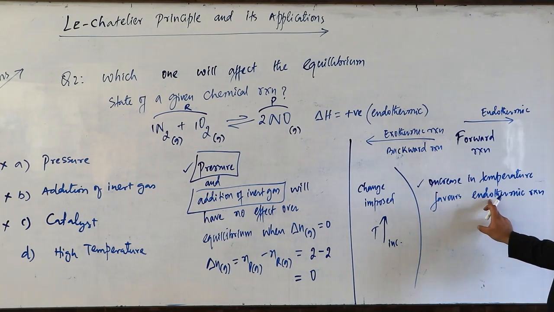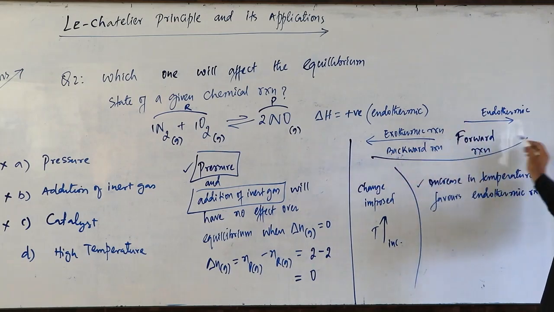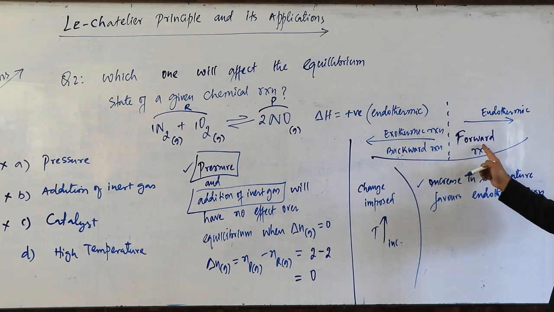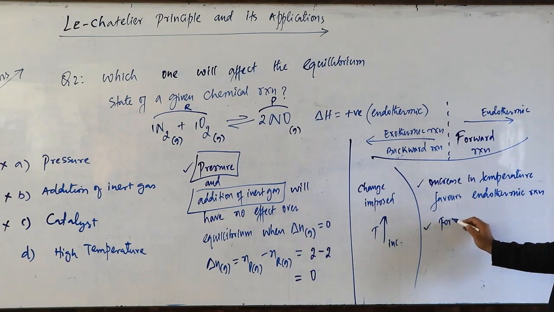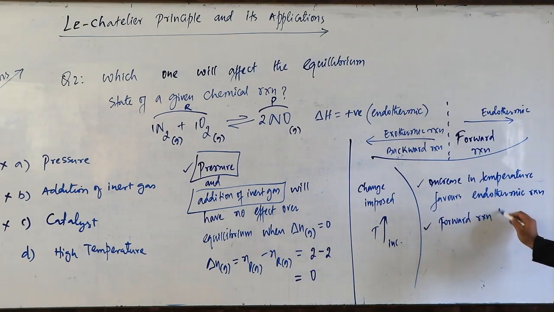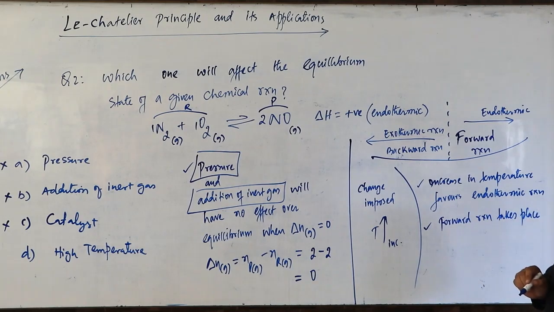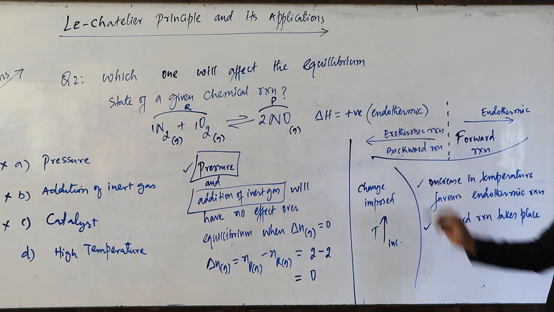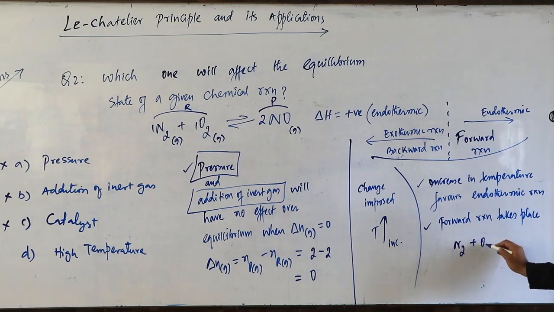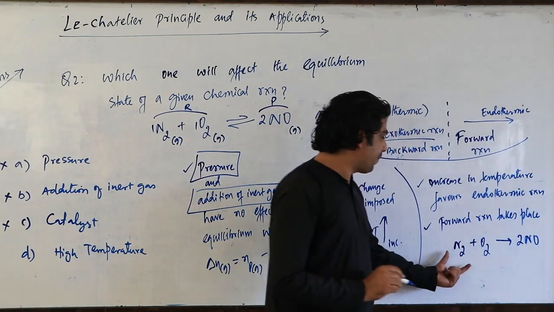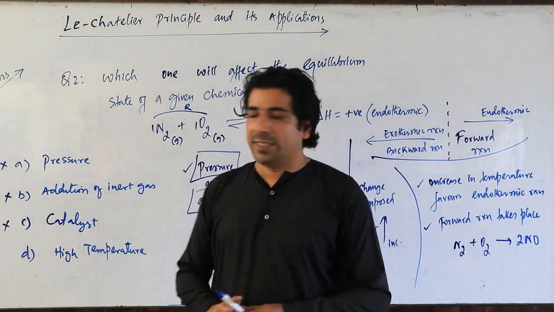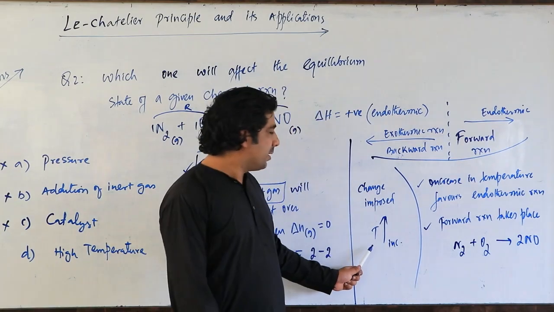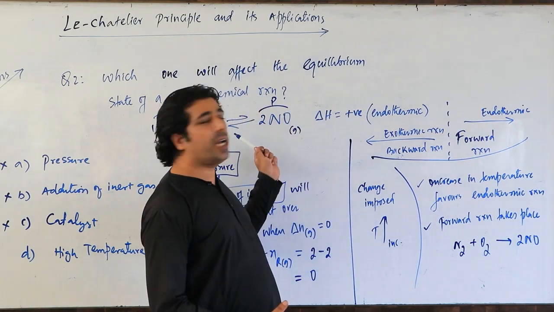And endothermic reaction is which reaction here, my dear friends? Have a look. Here we have endothermic reaction as forward reaction. So I'll write down here, forward reaction takes place. That means equilibrium will be disturbed, or equilibrium will be shifted towards right, from left to right, means from reactants to products. So I will be having here forward reaction N2 plus O2 gives me 2 times NO, my dear friends. And this reaction will take place. That means temperature does have an effect. So high temperature is, we are exposing this chemical reaction to a high temperature.